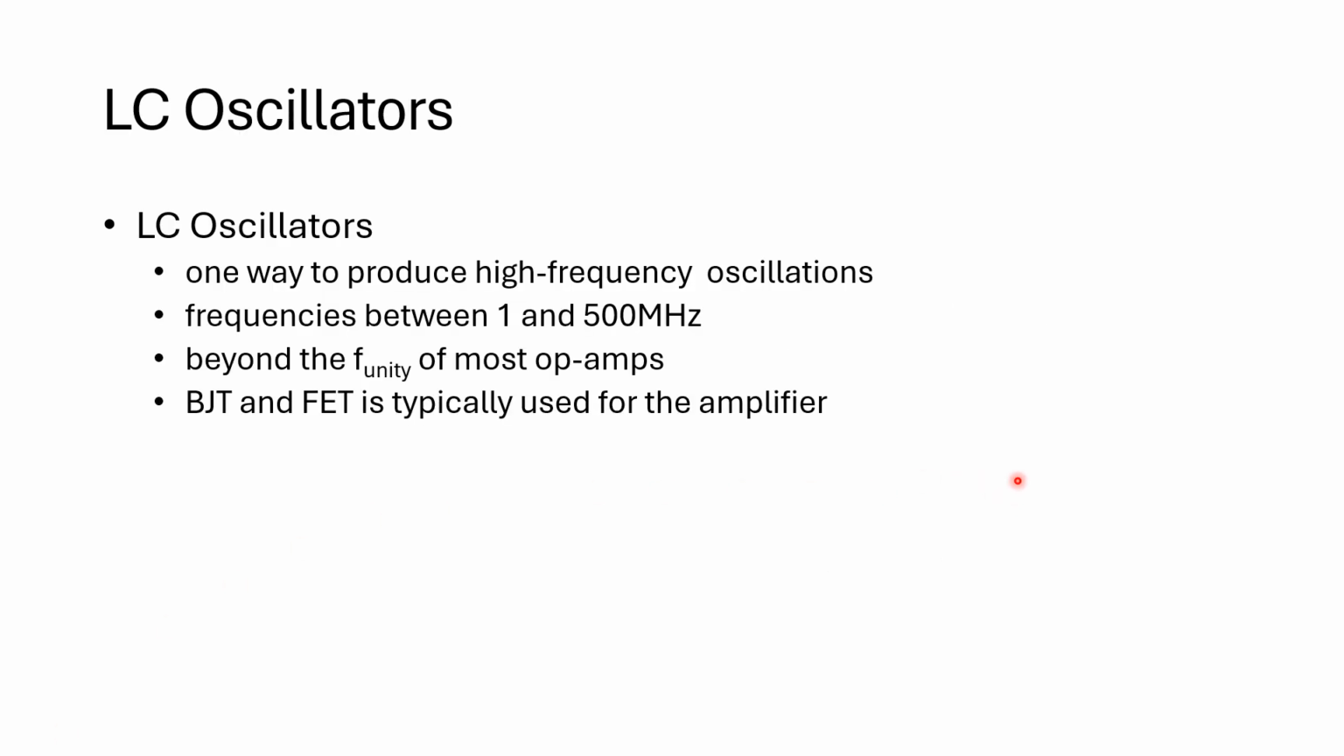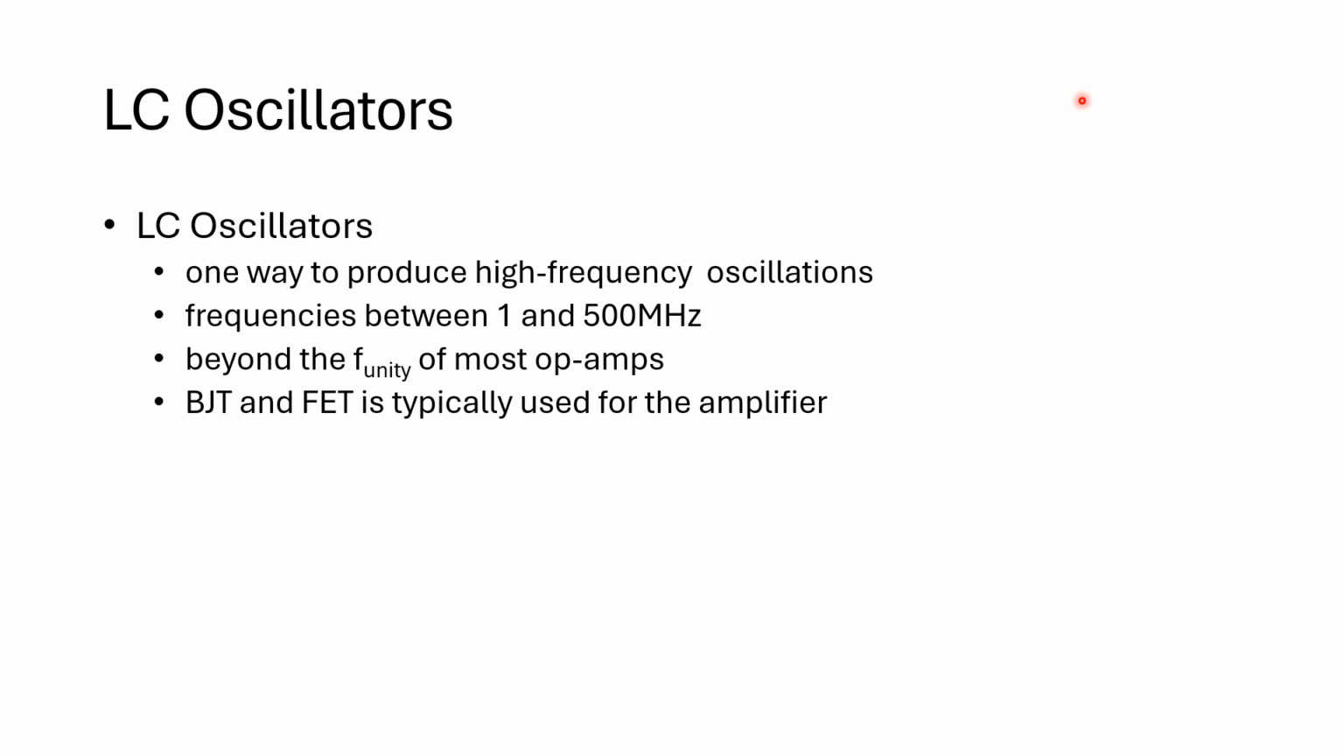Although the Wien bridge is super useful at low frequencies, the Wien bridge is not suited for high frequencies. So what high frequencies are we talking about? Those above 1 megahertz. It is being limited by the bandwidth of the operational amplifier